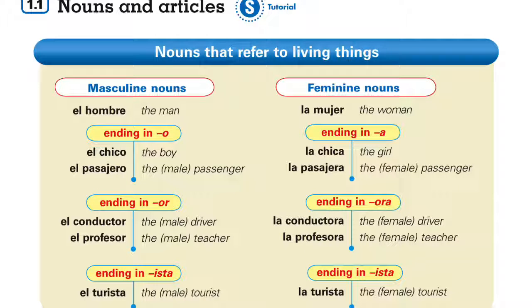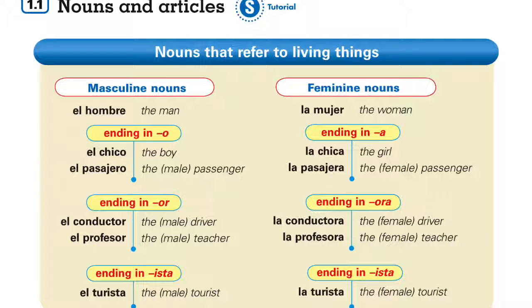Here we have nouns that refer to non-living things. On the left, as you can see, we have masculine nouns. Remember those that refer to boy items. And on the right, we have feminine nouns. That is, things that refer to girl things. Do you guys see anything common here on our chart? Anything at all that sticks out?